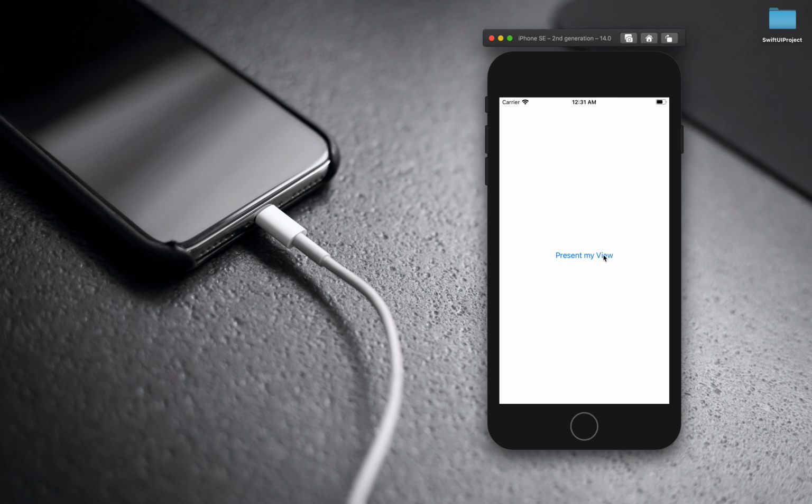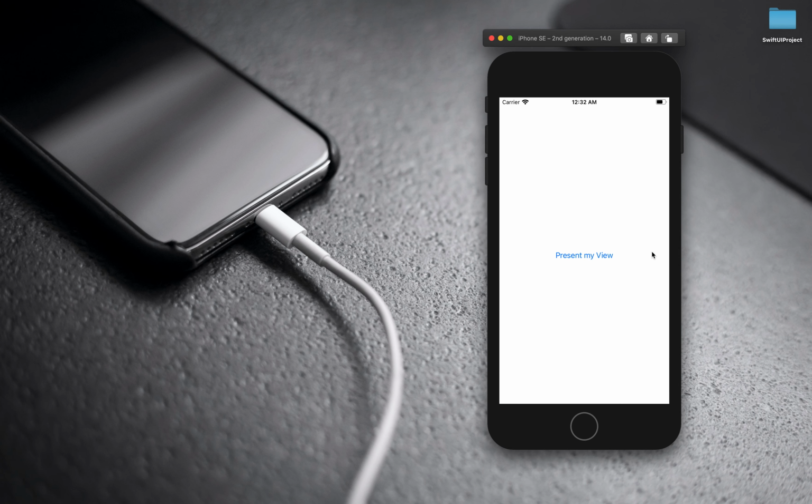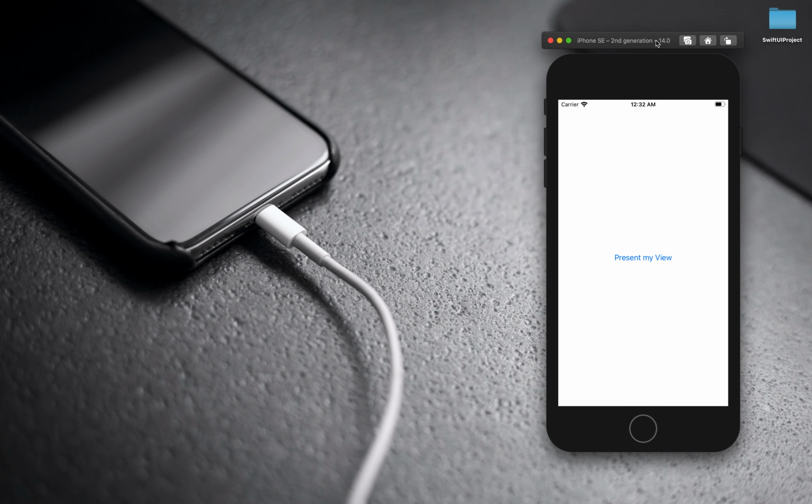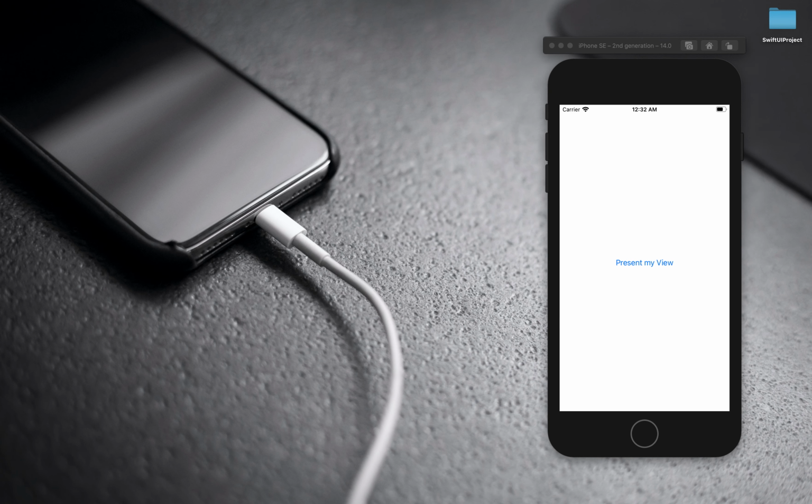So today I'm going to tell you how you can, on click of a button, open a new view in full screen. So this is a modal view which I have presented completely from edge to edge. Normally it is not full to the top end, but now it's coming till the top end. So today we are going to see how we can do that, and on tap of close, how to close that view again. So like always, let's start with creating a new project in Xcode beta.